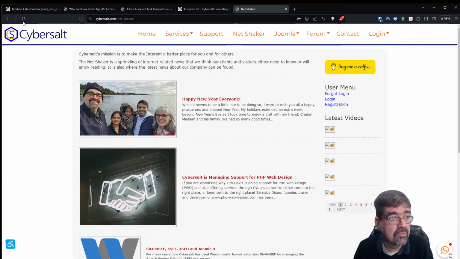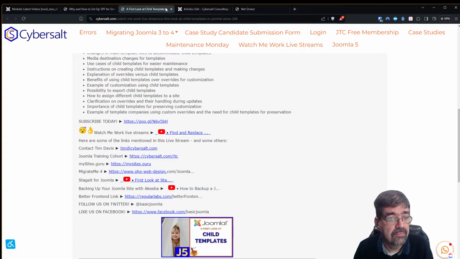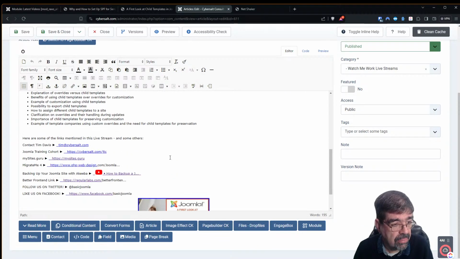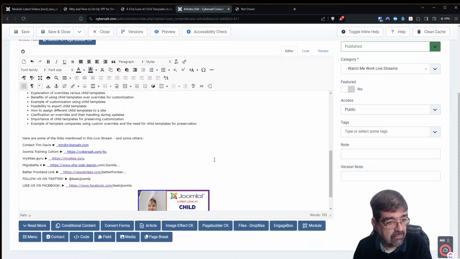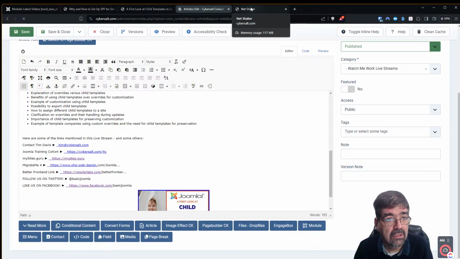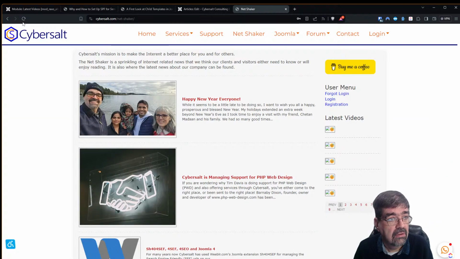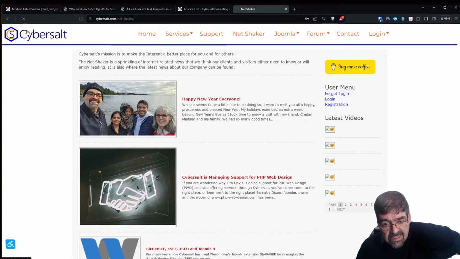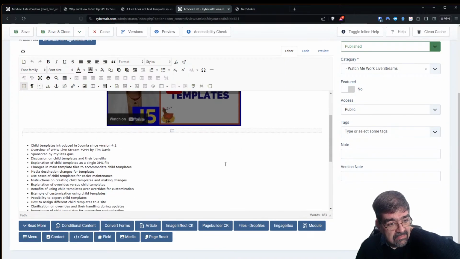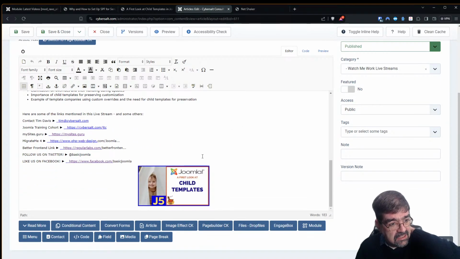I might have refreshed before the other page saved. No. Is it backing up your site with Akeeba? I'm just wondering if it's that. Save. Refresh. No. Is it